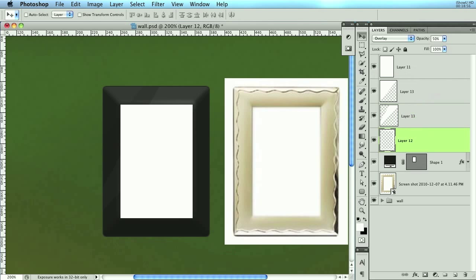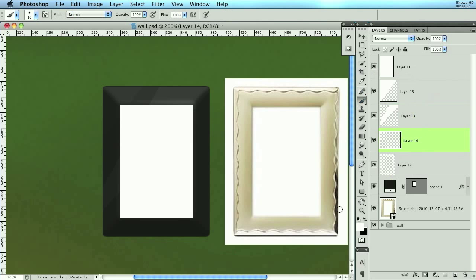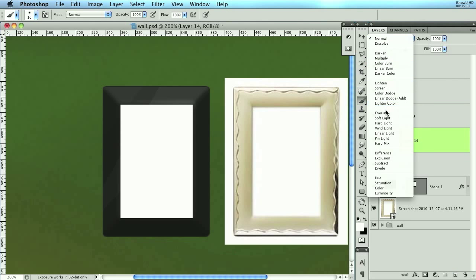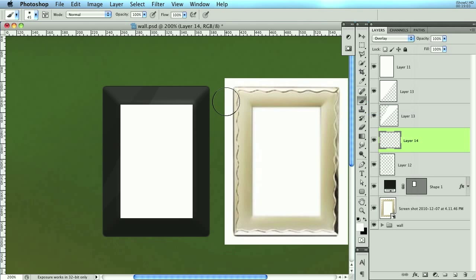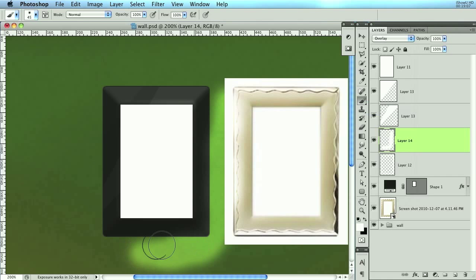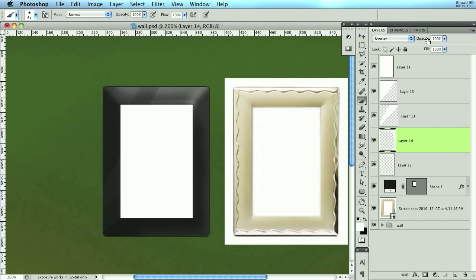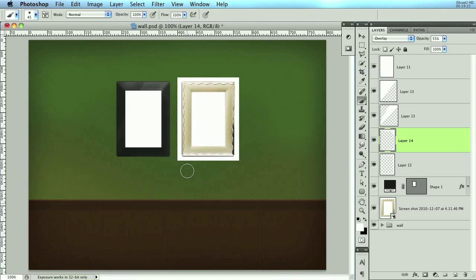Let's try that, the white effect on the side here. So I'm going to grab my white paintbrush, change this to overlay, and then just paint, I don't know, something like this. Maybe some on the top. Select this, selection inverse, delete it, and lower that opacity. Alright, so now that frame has a little bit of character, as you can see. You can mess with it and get it perfect, but I don't want to waste too much of your time